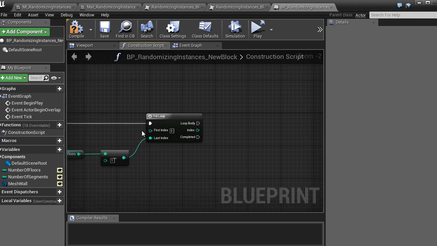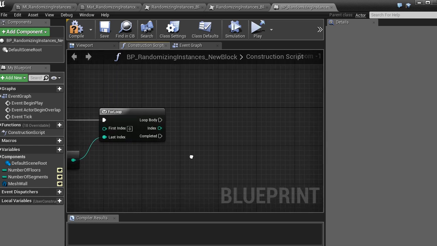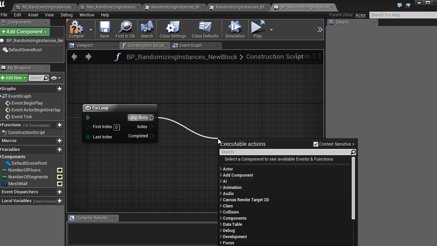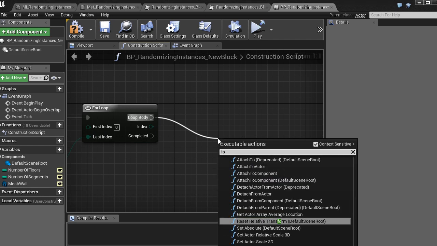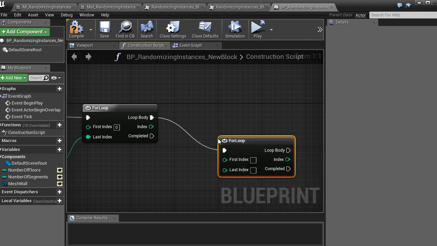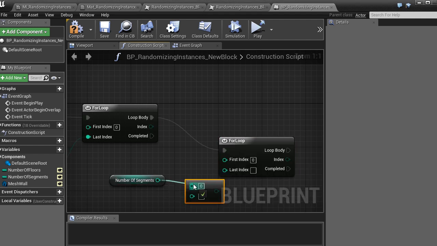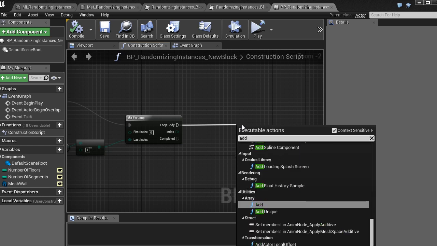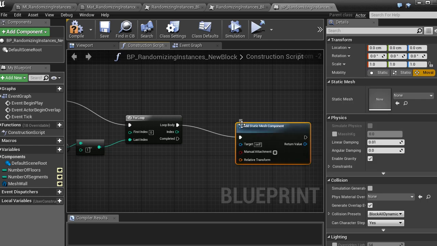Okay, and for each floor, I want to create a specific amount of segments. And in the loop body, which is what happens in every iteration of the loop, I create another loop, number of segments -1. And in the loop body, I will add a static mesh component.